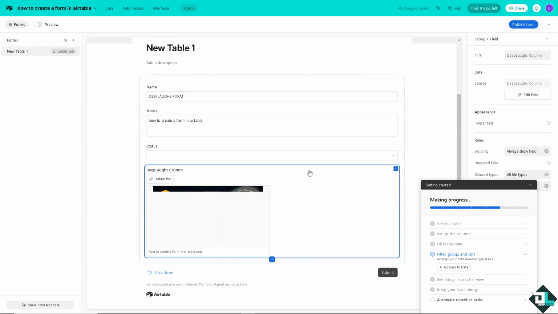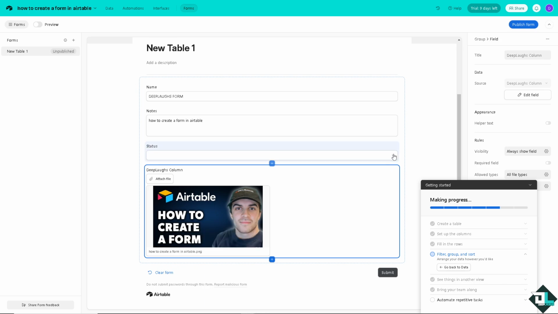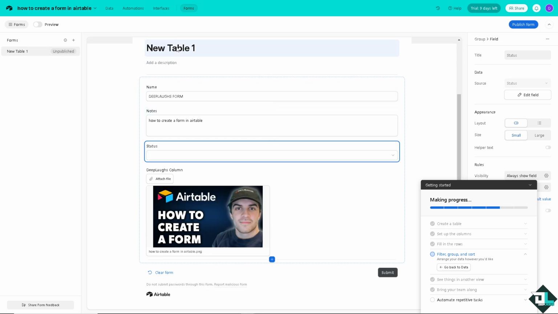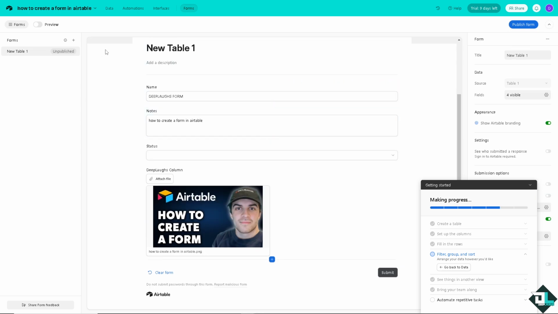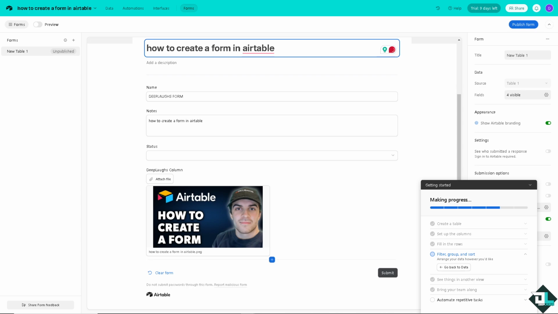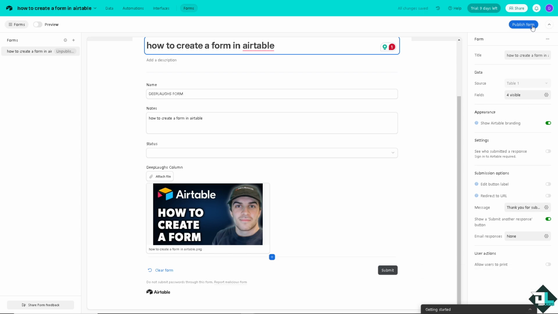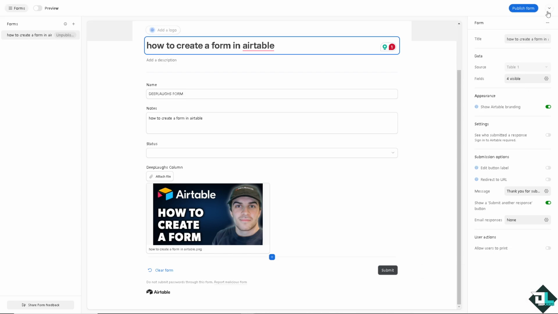And there you go. Now, as you can see, there's going to be status option here, wherein you can put that like to do, in progress, or done. Okay, I'm going to name this as and then from here, all I have to do is, you see that when you publish the form, all right,